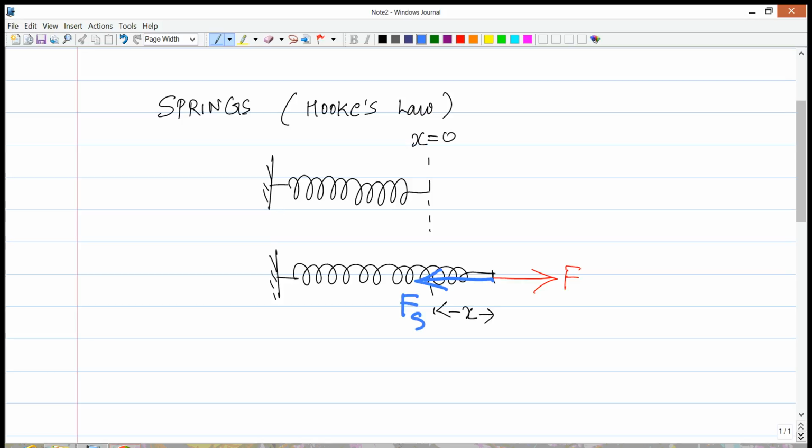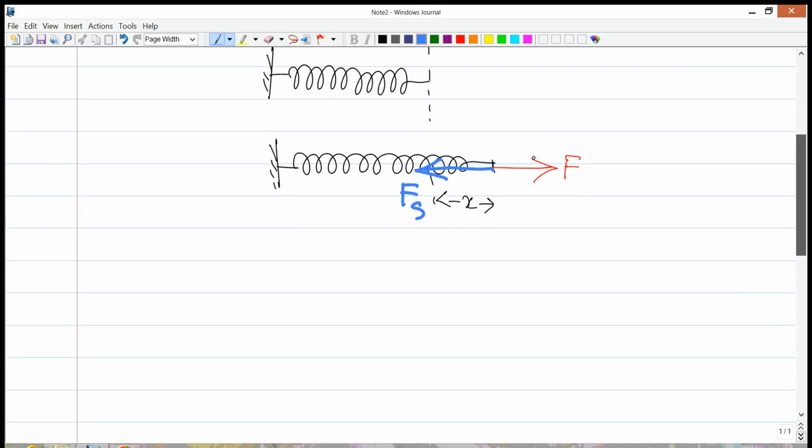This force we call the spring force. So if the spring is pulled to the right, the spring exerts a force to the left, whereby it's trying to bring the spring back to its original length. On the other hand, if we were to push the spring, it would get compressed,